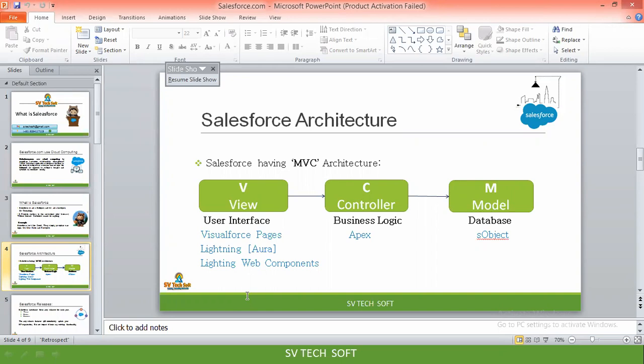Is this clear? Coming to business logic also, Salesforce by default provides all the declarative framework. Everything we can achieve through point and click. But some of the complex requirements we may not achieve through point and click. That time only we have to go with Apex. Coming to data model, everything is point and click. There is no coding here. Clear? This is all about Salesforce architecture. What does Salesforce architecture mean? The type of architecture Salesforce has is MVC, meaning model, view, controller.